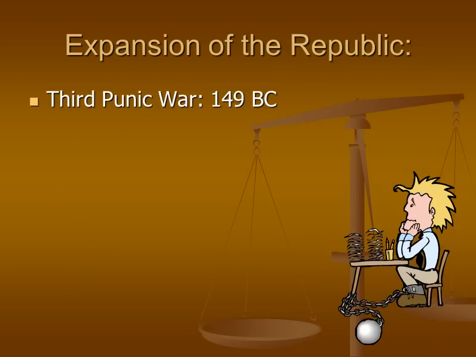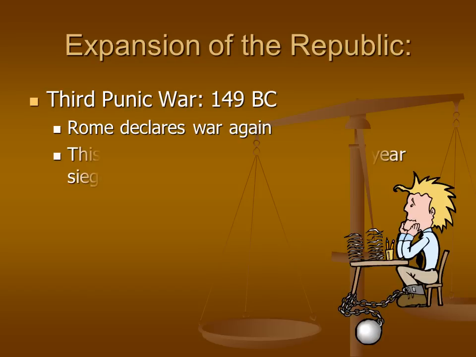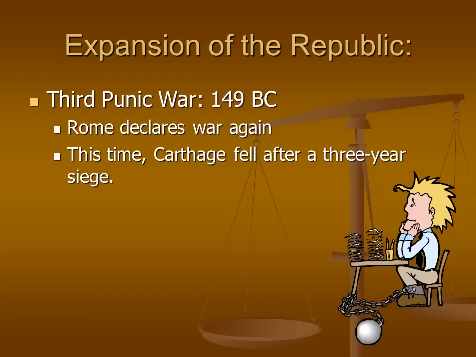So the Third Punic War happens much later. It's in 149 BC. Hannibal is dead by this time. Carthage is keeping well to the terms of the peace, but Rome still sees Carthage as a threat. They were very upset still with what Hannibal had done to Italy those years before. I mean, he had destroyed much of it. And so they declare war again. They had this famous senator in Rome. His name was Cato, and every speech that he made, he ended with the words, "Carthage must be destroyed." So Rome declares war again in 149 BC.